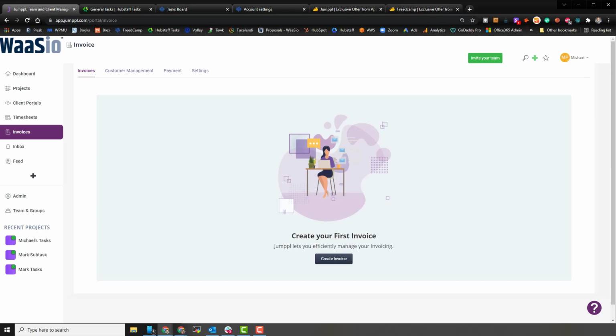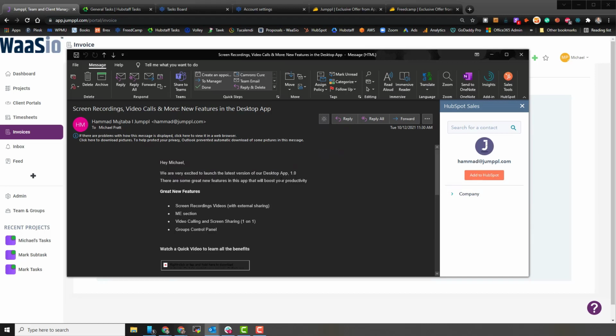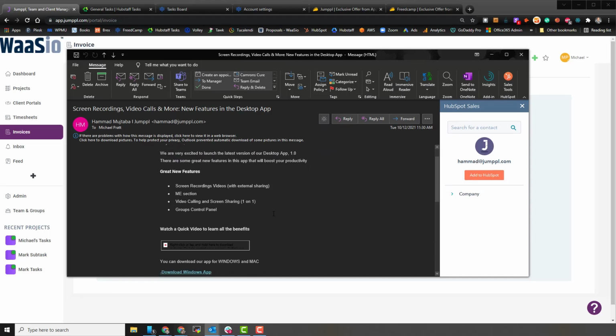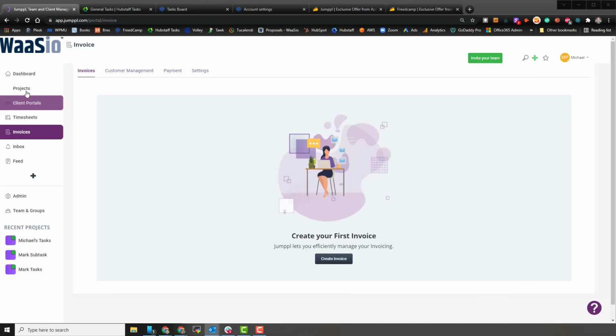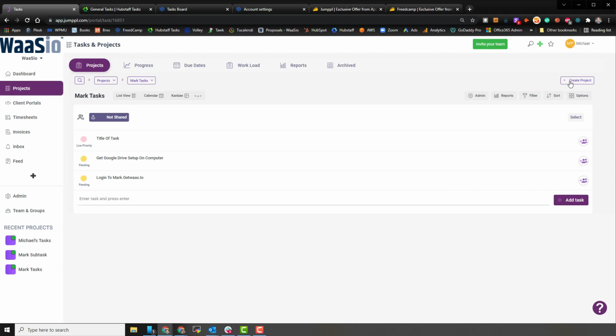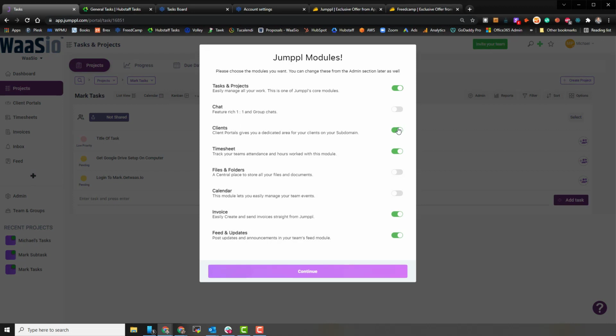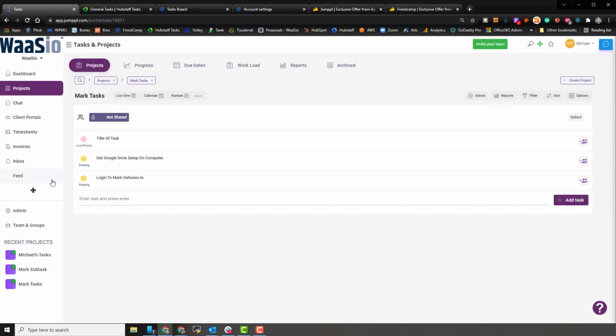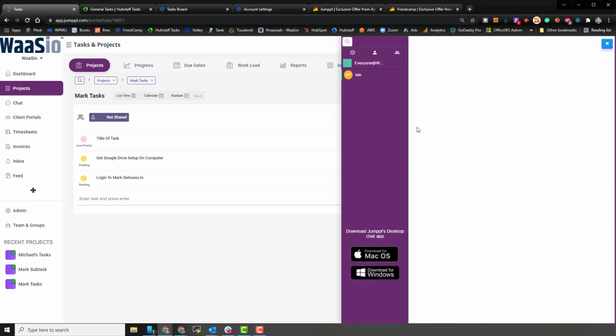I just got an email today. Let's see, desktop app 1.0, screen recordings, videos. Like, dude, their chat thing is basically a copy of, oh, I turned it off because it's so useless. The chat feature is basically just a copy of Slack, right? You can download a desktop app. Oh, that's super cool, right? No, dude,